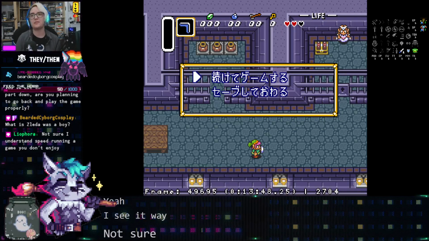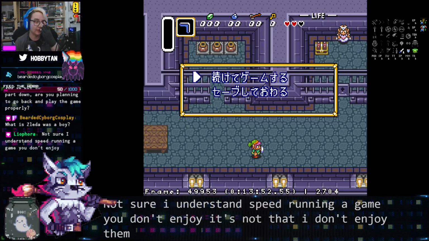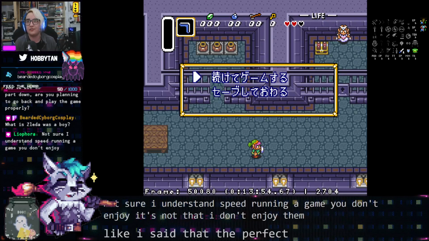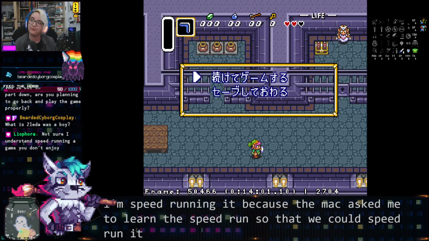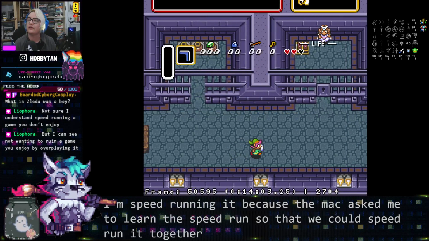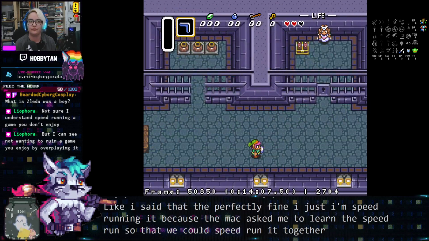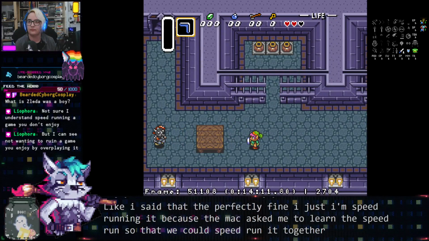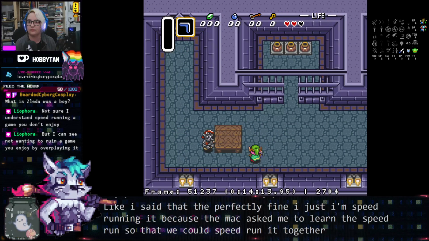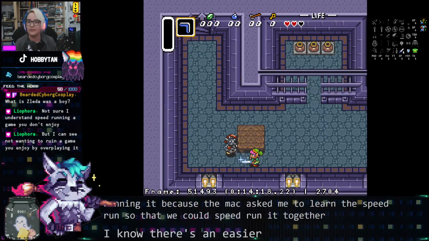Not sure I understand speedrunning a game you don't enjoy. It's not that I don't enjoy them. Like I said, they're perfectly fine. I'm speedrunning it because DMAC asked me to learn this speedrun so that we could speedrun it together. I know there's an easier way to kill him than this, but...